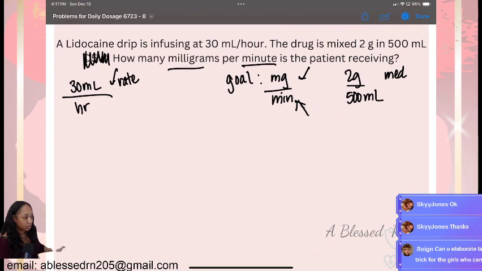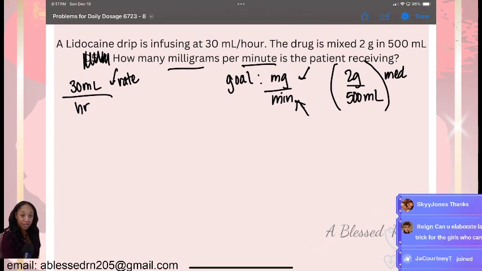Yes, ma'am. I'll go over the calculator trick again. So our goal is milligrams over minutes. But you see, when we first started out, this right here is in grams. We need milligrams because that's what we're looking for. So if you don't see what it is that you're looking for, you can go ahead and start with a conversion. This is the way Nurse C does dimensional analysis because like I said, if I'm looking for it, I ain't got to go find it. It's right there, okay? So milligram per gram. Per 1 gram, there is 1,000 milligrams, okay?